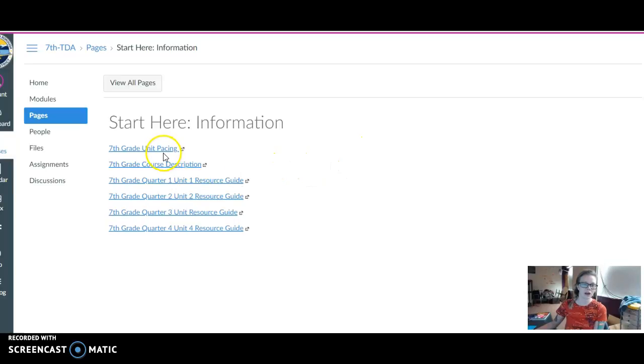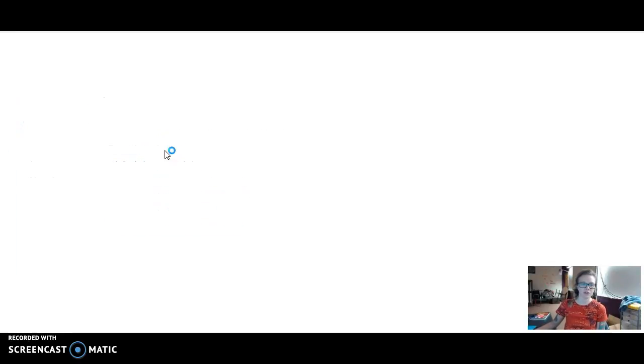And then you have some templates here. It's some district-made templates that we did as a committee. This is the 7th grade ones, but on the 8th grade courses it will be the same. It will just say 8th grade on the far left there. So we have the 7th grade unit pacing. If you click on that,